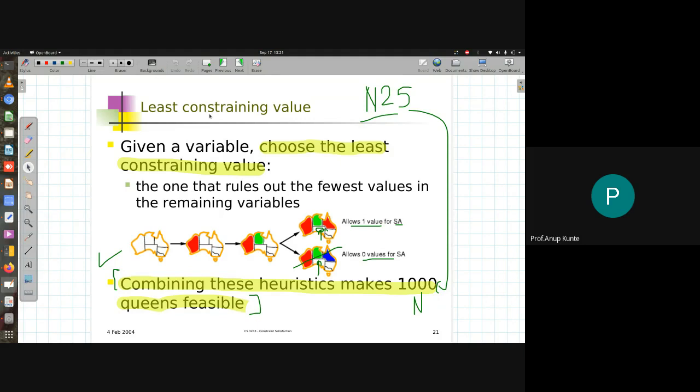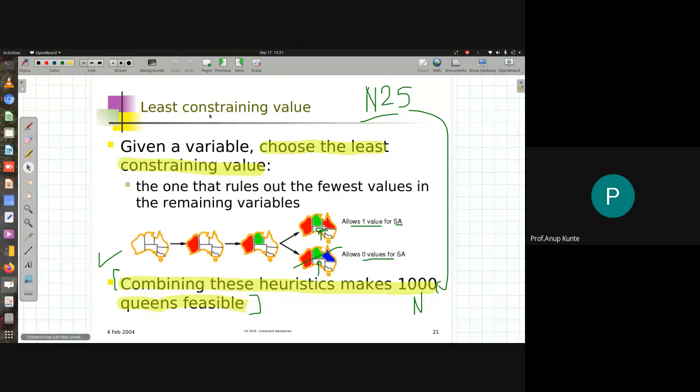So as such a least constraining value अगर है कोई किसी वेरिएबल को, तो वो वेरिएबल कम से कम पार्टिसिपेट करेगा. So that is totally opposite to the most constrained variable. ओके, सो मोस्ट कंस्ट्रेंट वेरिएबल का टोटली डायग्रामेटिकली अपोजिट चॉइस हम लोग यहाँ पे कर रहे हैं. Okay, so what exactly will happen if I choose this strategy or this heuristic function?